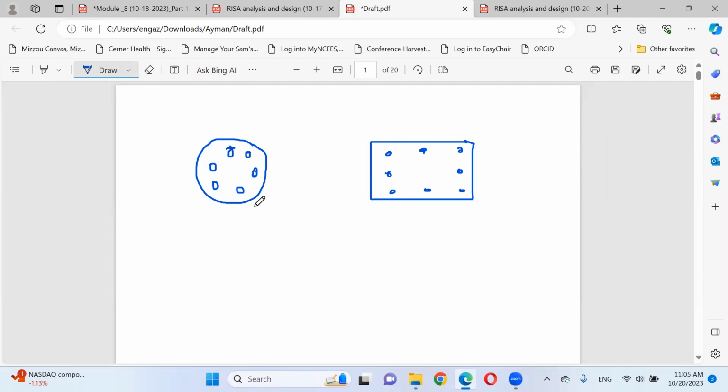This area of steel has a value called area steel, As t. And the concrete column cross-section has a value equal to area gross. If you get the ratio between the area steel and the area gross, this ratio must be 1% minimum up to 8% maximum.